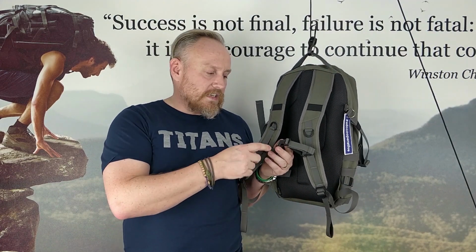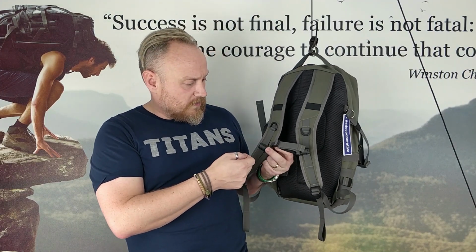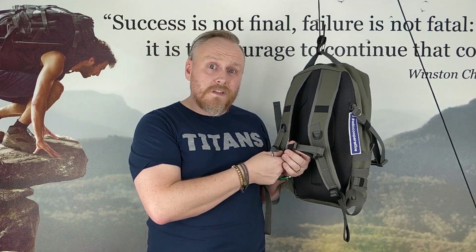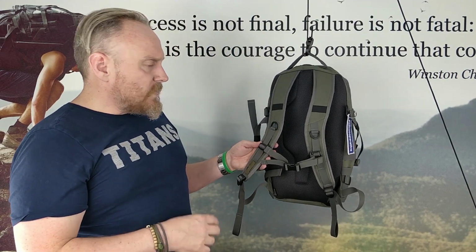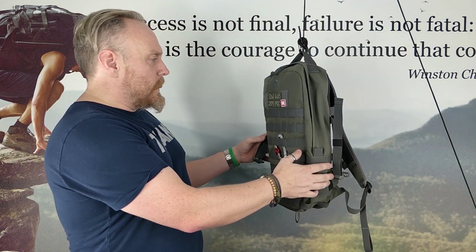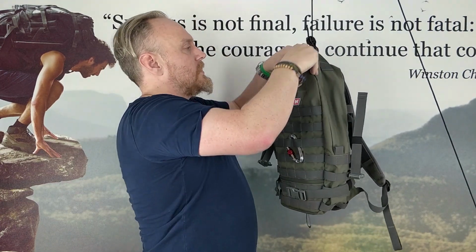Probably should have checked to see how easily and readily available these 6/8 of an inch buckles are. But yeah, that's probably one thing that I'd change. The only other thing, no, there's two other things. Second one is